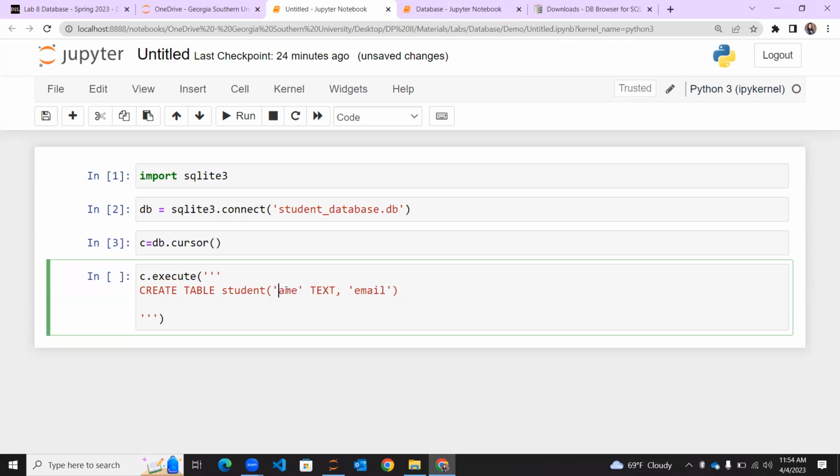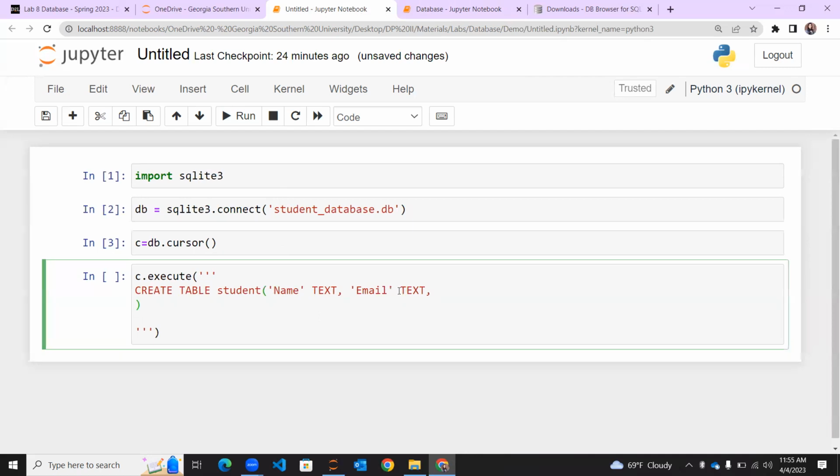If you want the name to be in uppercase, then you can do that as well. It's up to you. This is also a text data type. And then we are going to deal with the third column, which is going to have a lot of things. The third column is ID, and that is going to be integer,